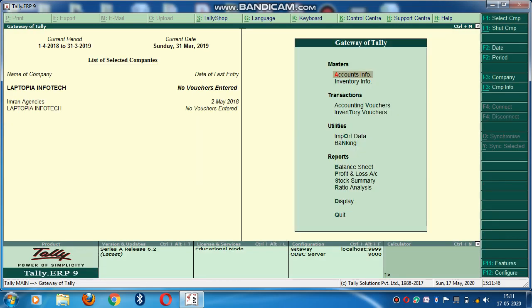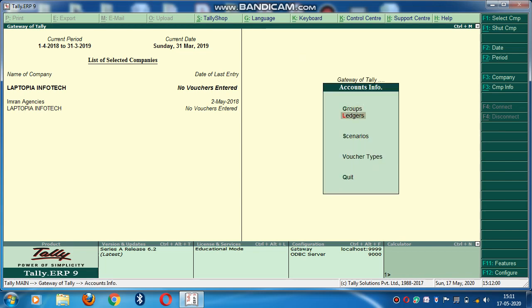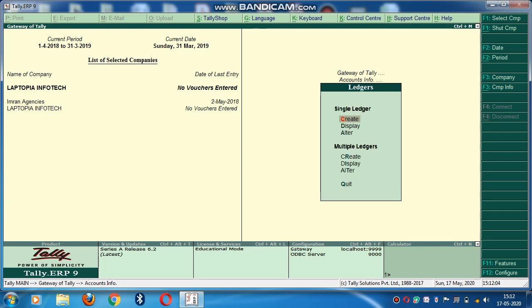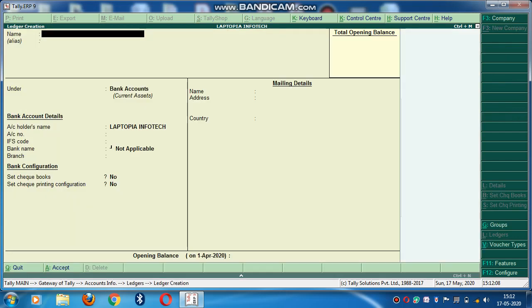Now I'm showing you another ledger, the second ledger I'm making. Again the same steps: Account Info, then Ledger, then Create. Here I'm making the name of a party, a sundry creditor or debtor.